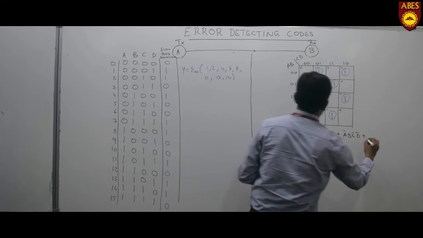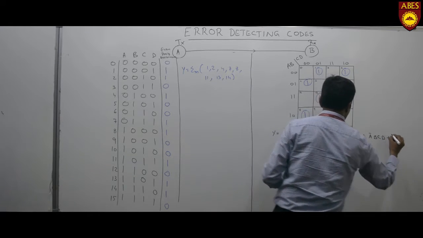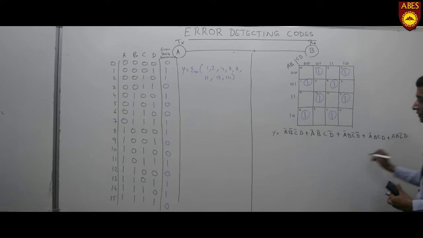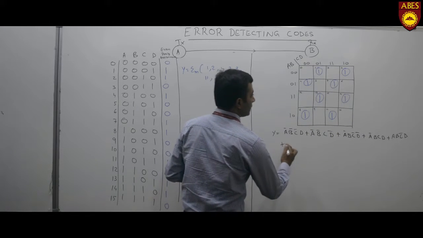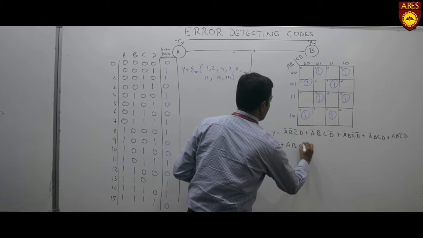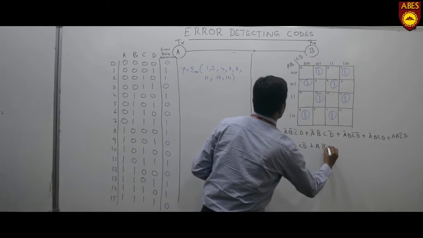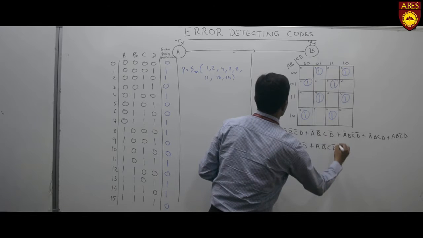For this singlet, it is A bar, B, C, D. For this singlet, it is A, B, C bar, D. For this one, it's A, B, C, D bar. Then for this one, and for the last one,